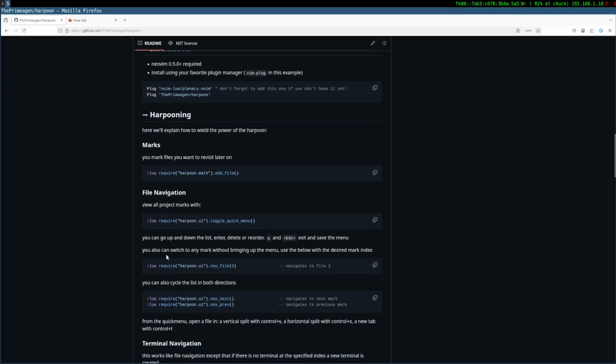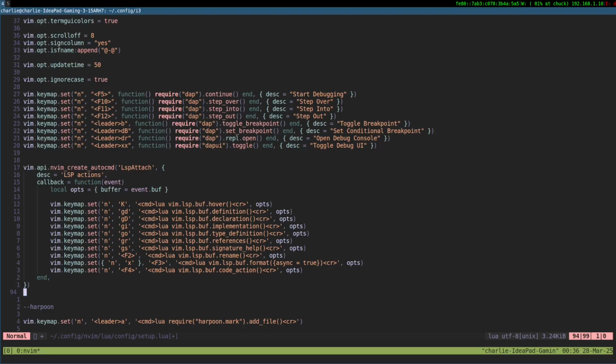Let's go toggle quick menu. Should probably need this. Okay, my bad.